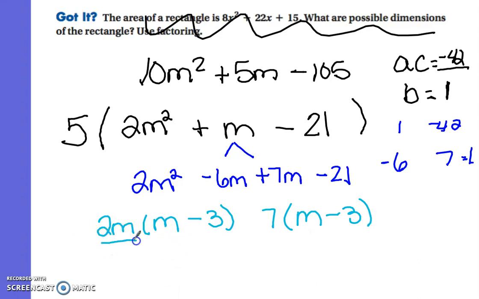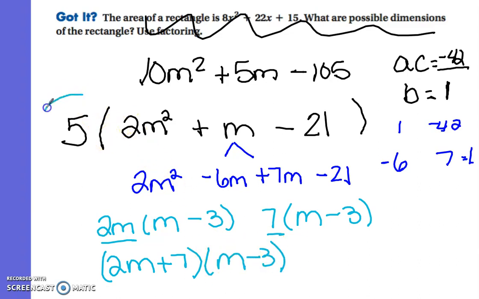And I'm going to take these two and change it. So 2m, this is a positive 7, so plus 7, multiplied by my m minus 3. And do not forget to bring down your 5. So these are all factors of this. 2m plus 7 times 5 times m minus 3. I hope I made it a little